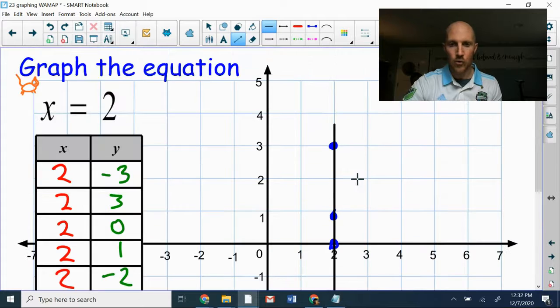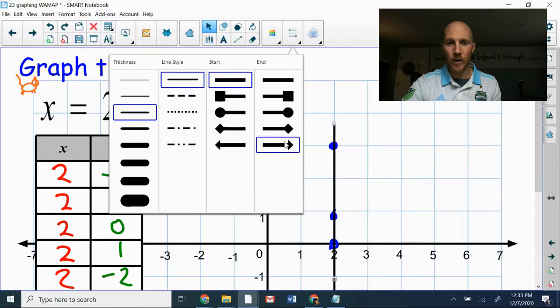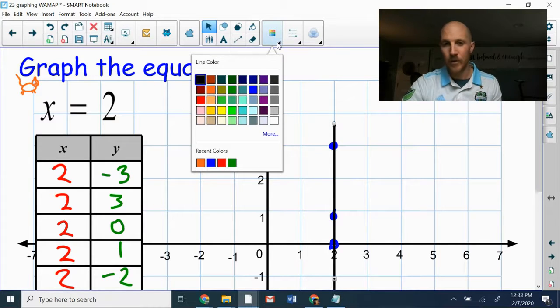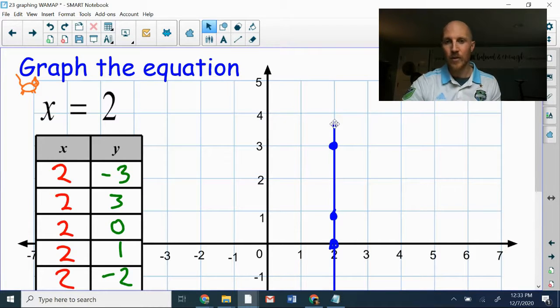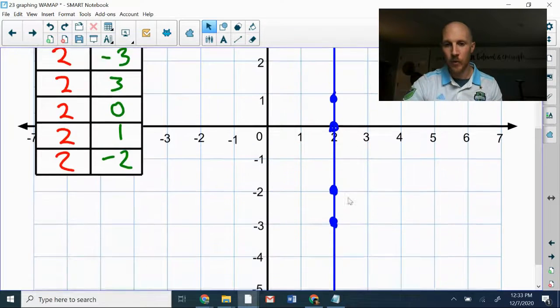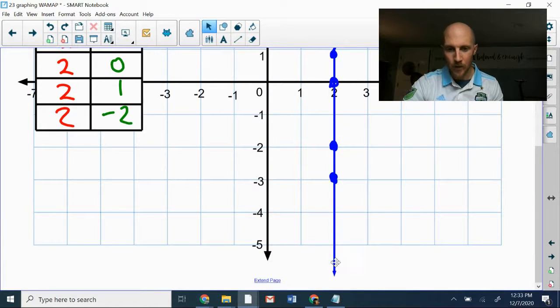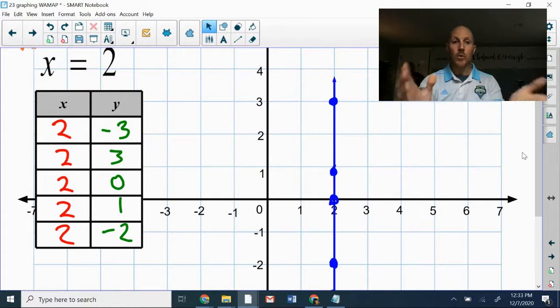And since lines are infinite, they would extend as far as possible if I had a larger piece of graph paper. I'm going to put arrows on the ends. So it's an infinite line. It will continue up forever. It will continue down forever. It actually kind of already did, goes off the bottom of the graph there. Okay, so